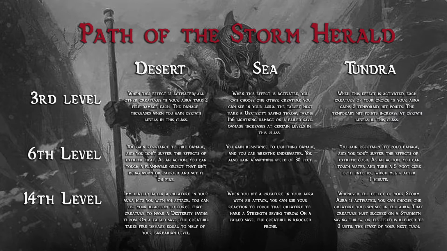The path of the Storm Herald is for barbarians who come from extremely difficult climates. During the early levels, you gain a Storm Aura which surrounds you while you rage. At level 3, you select from a few different environments which will determine the benefits that you gain as you level. The Desert option will give extra fire damage to enemies in your aura, resistance to fire, and the ability